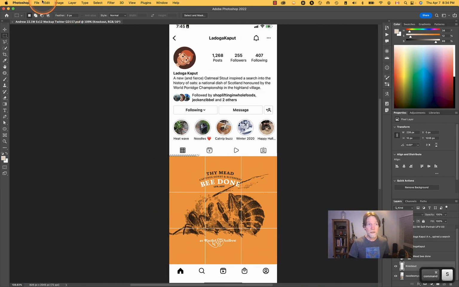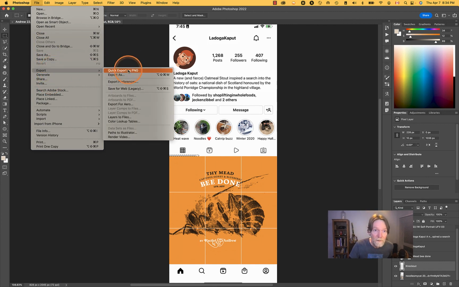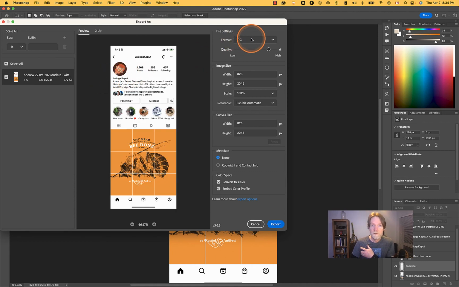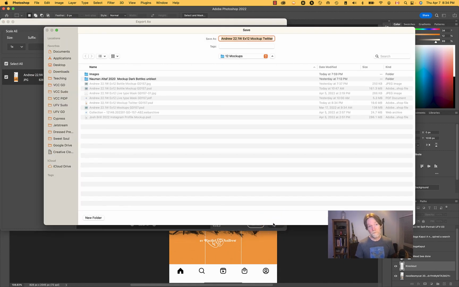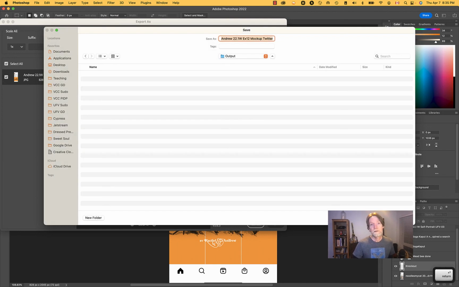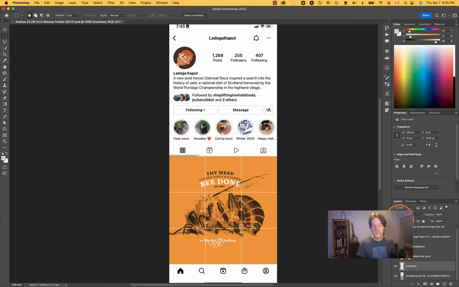Save, make sure you export it as a JPEG and place it into your folder. So JPEG, look at the file size, high is always good enough, export. And if you find that, I have a lot more PSDs in here because I was experimenting a little bit with how to show this to you guys. But if you end up with a lot of them, it can be really useful to have one called like output or final files, right? And that way you have another folder and you have a place where you can put your JPEGs and your PNGs. Save again, close it,